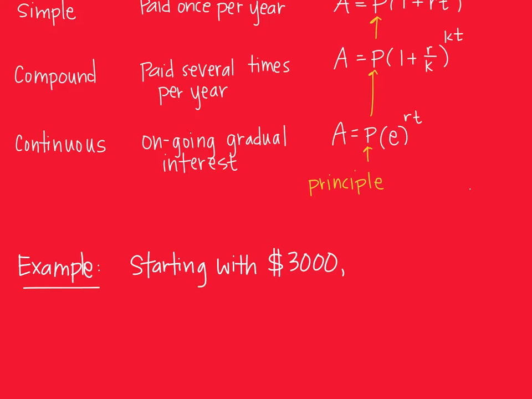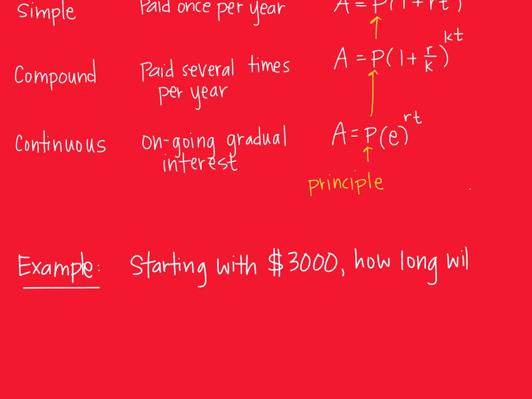The word continuously trumps compounding. The continuously is the word that you look for, the distinguishing word. Because it'll say compounded monthly, compounded daily, compounded continuously. As soon as you see the word continuously, you switch to the E. Okay. Starting with that, how long